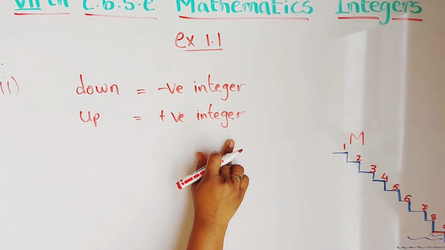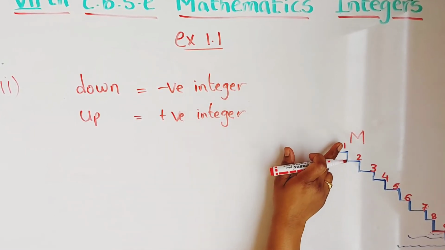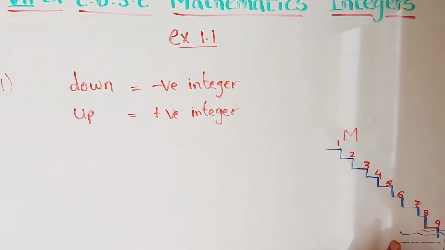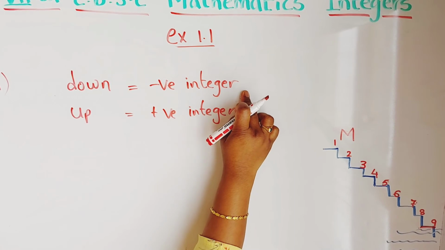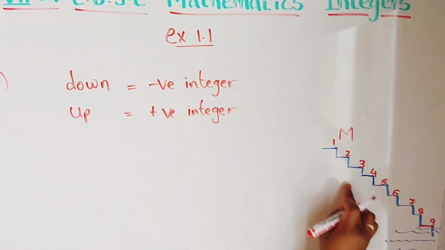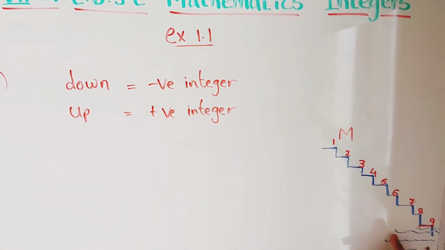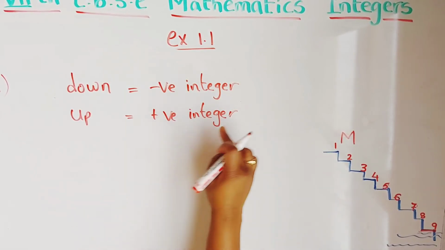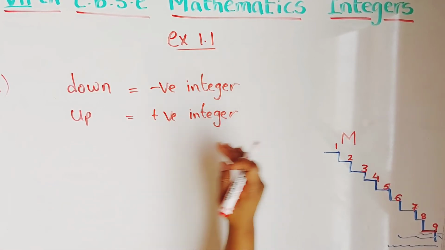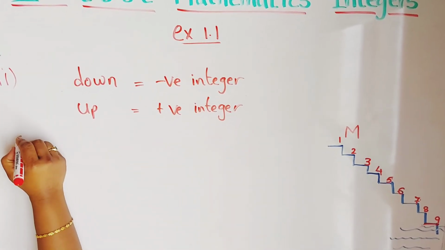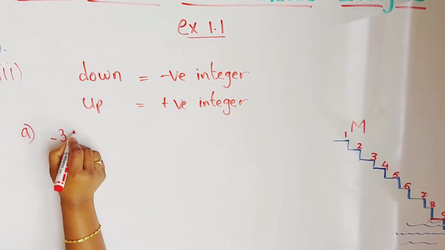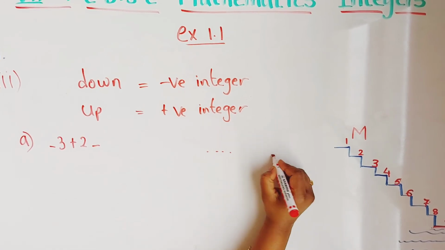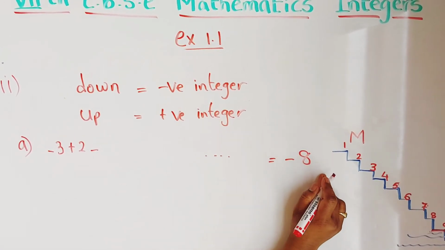See, in first and second question what we did here, when it is moving down it is increasing order, we have to use positive integer, we have to do addition, but here they gave negative integer. And when it is moving up it is coming reverse order, right? We are using negative numbers, but here they have given positive integer. So it is a little reverse question, we have to complete the given pattern. What is the given pattern? A minus 3 plus 2 minus and so on, they have given until minus 8. This is the question.